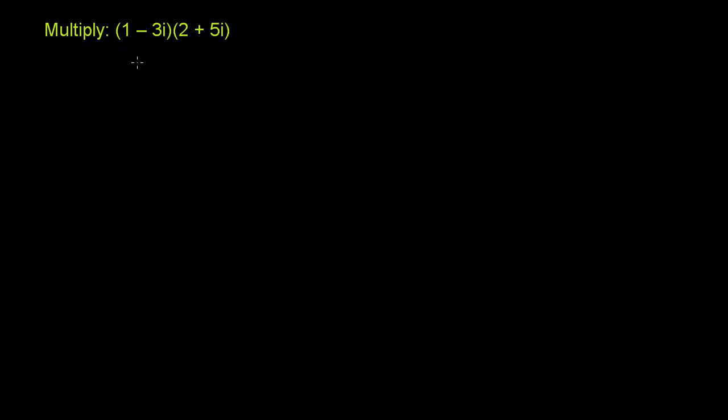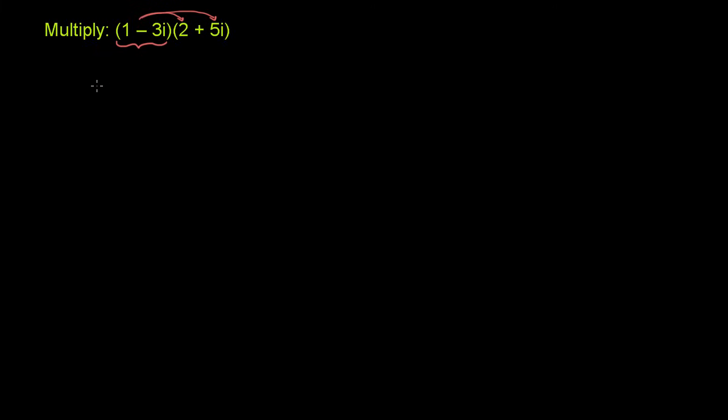We could just do the distributive property twice, which I like a little bit more because you're doing it from a fundamental principle. It's nothing new. Or you could use FOIL, which you also used when you first multiplied binomials. And I'll do it both ways. So you could view this as just a number, 1 minus 3i, and we can distribute it over the two numbers inside of this expression. So when we're multiplying it times this entire expression, we can multiply 1 minus 3i times 2 and 1 minus 3i times 5i.